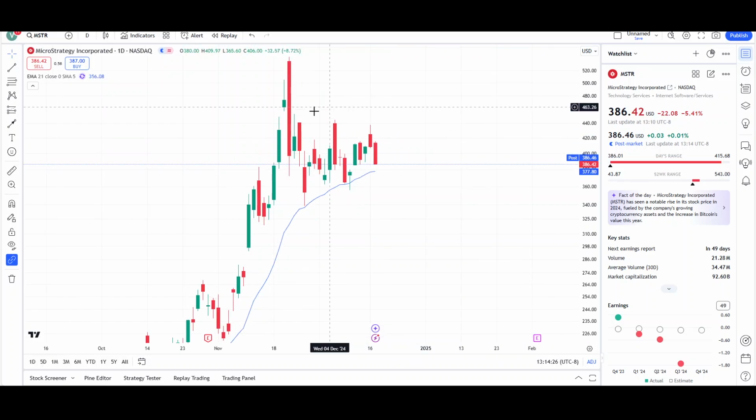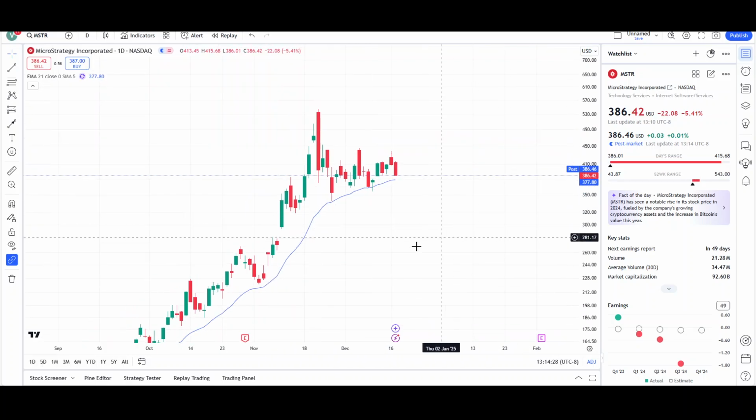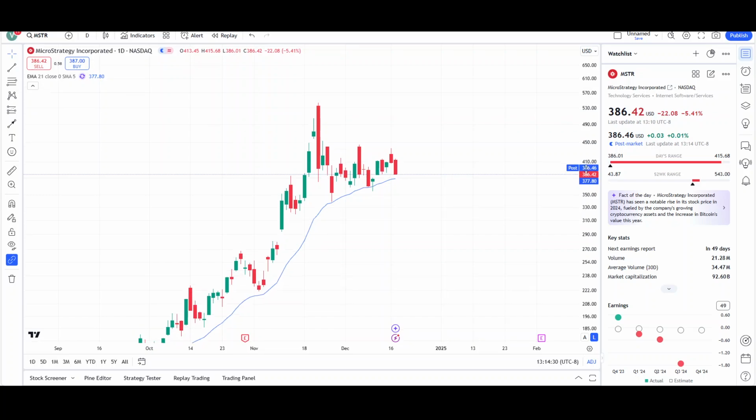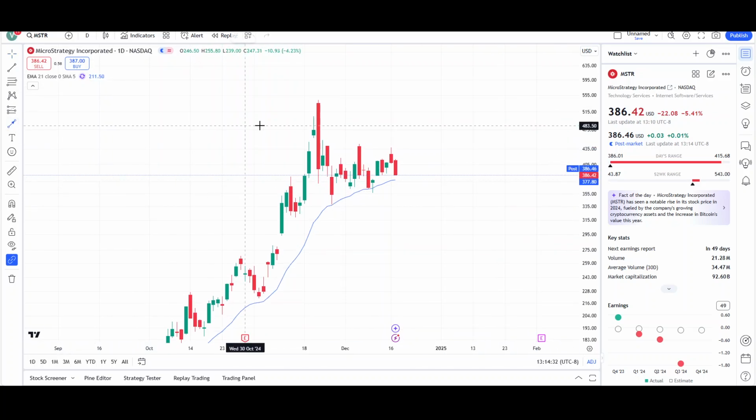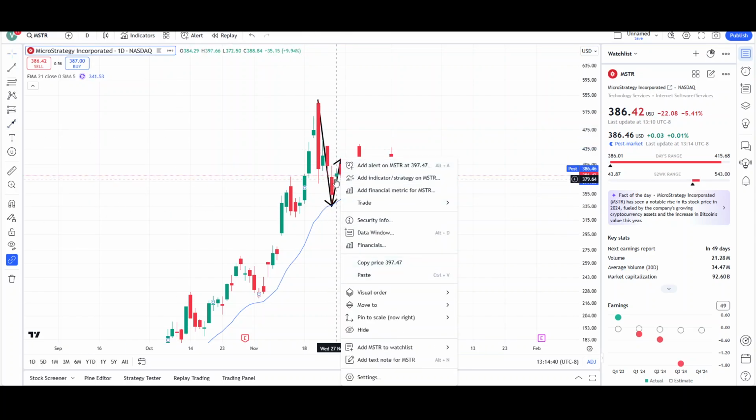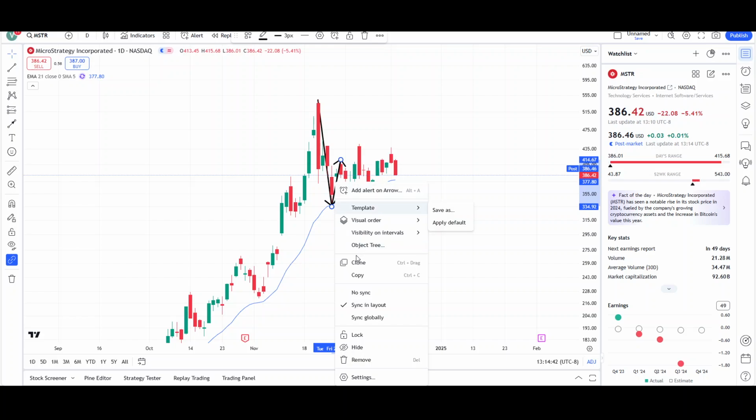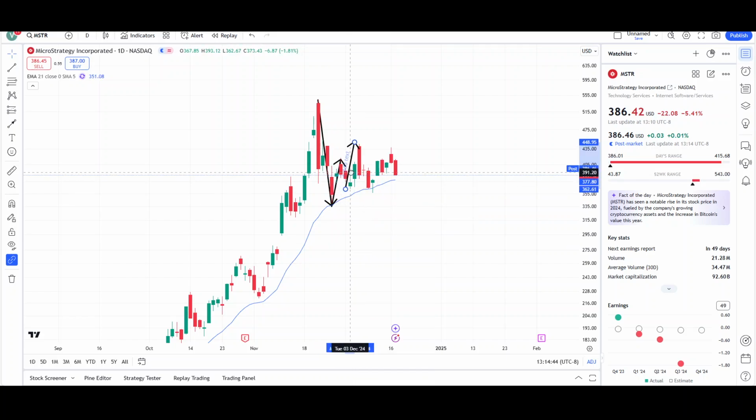So overall, this is just a correction taking place in an uptrend where we are seeing a pullback take place, which is natural. We saw one large drop by the bears, and then we saw two legs up by the bulls, one leg right here. We're going to clone this arrow, and that's exactly where the pullback stopped,